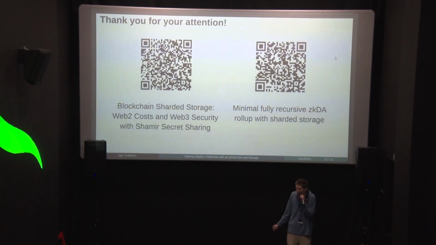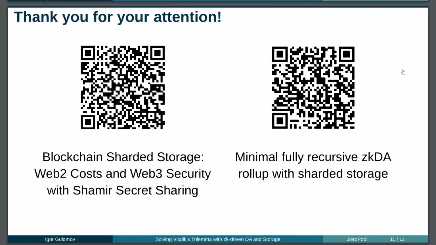Why is it important? Because with scalability of data, we can make the Web 2 to Web 3 transition. So, as I told before about Forecaster, it used its own data availability solution with random sampling, but with